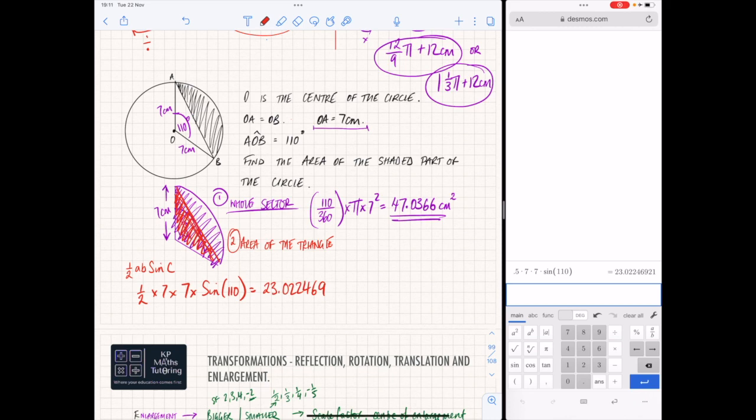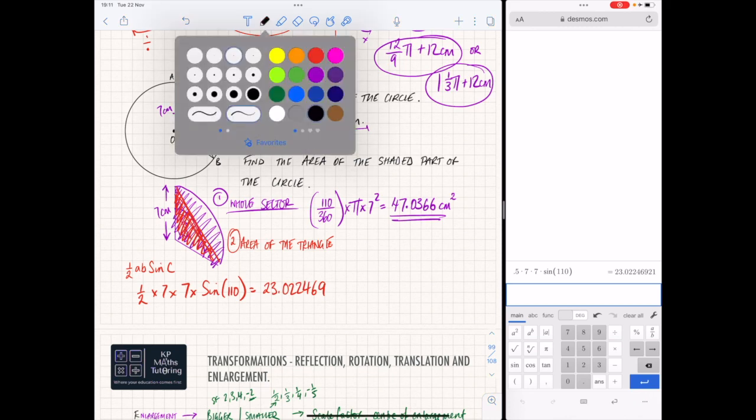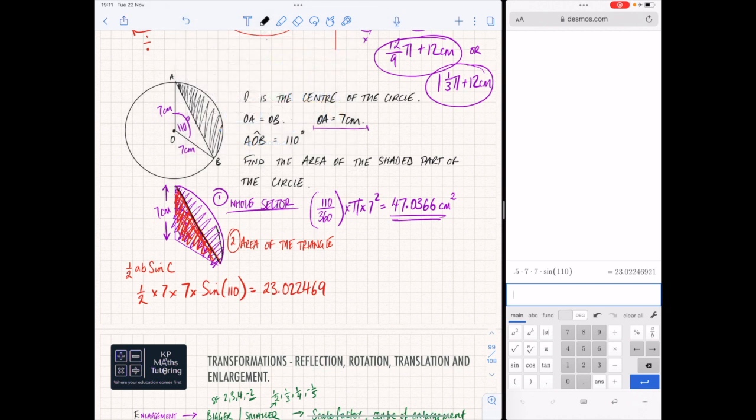If I do that, I'll just be left with this bit here, which is what I'm looking for. So effectively you're just doing 47.0366 minus 23.022469. Type that into your calculator: 47.0366 minus 23.022469, and you end up with